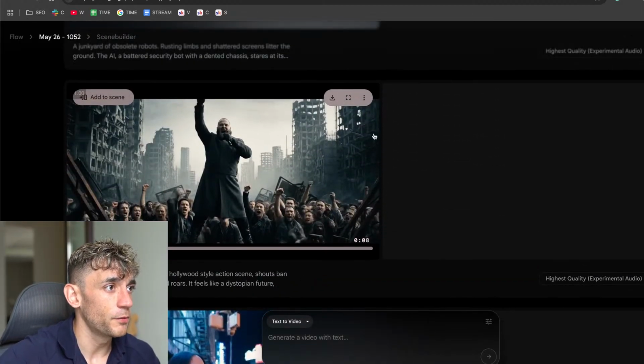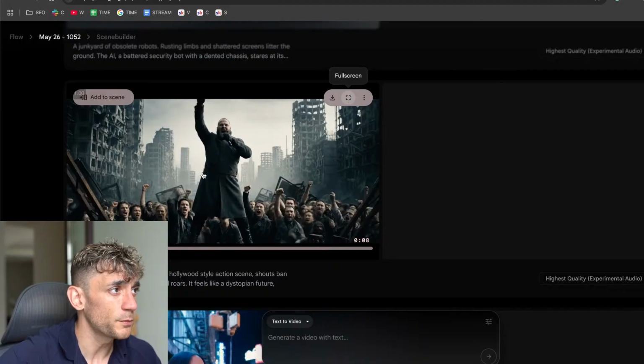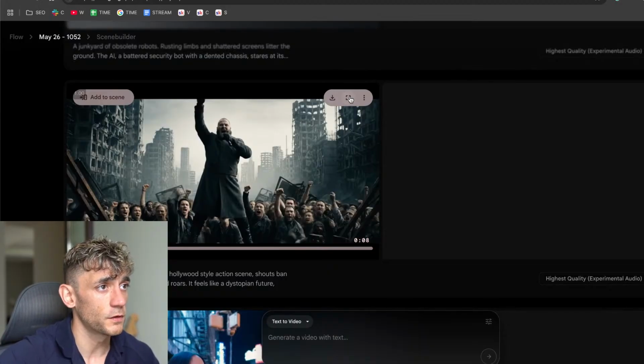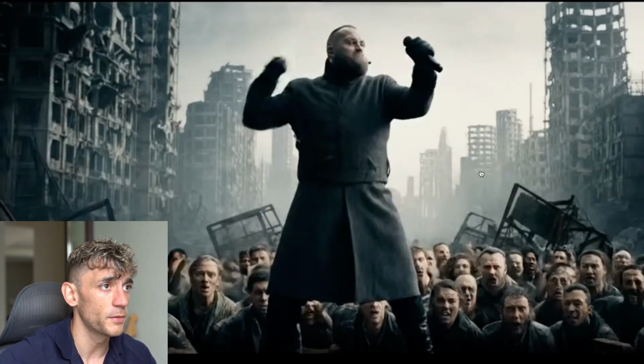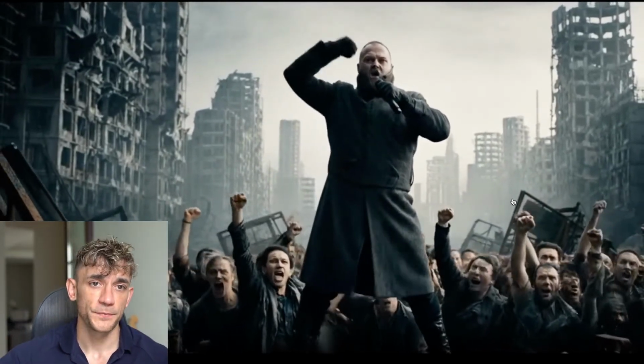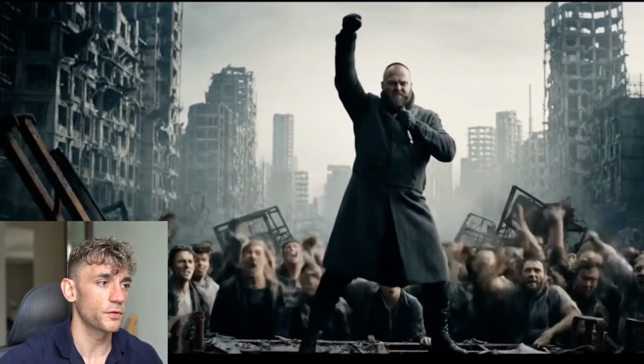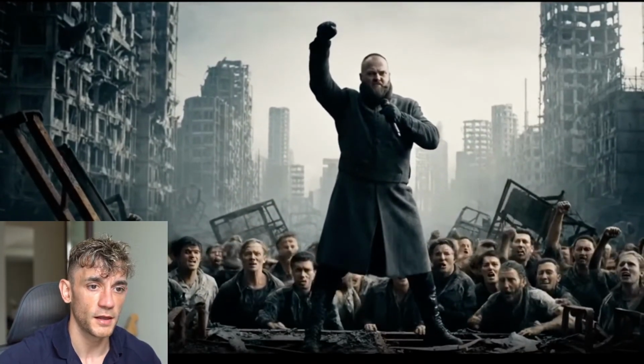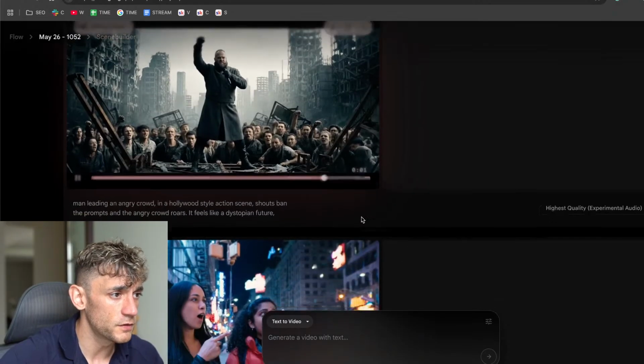And then, for example, we've got this clip right here, and sometimes it doesn't actually generate the audio. So for example, if we play this full screen, you'll see what I mean. It's a pretty cool scene, but there's no audio on that, right? And it seems to particularly struggle with videos with crowds talking, like it just won't generate the audio as well. So just be careful of that.